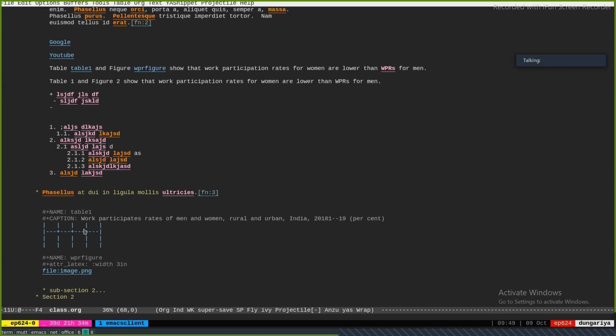What LaTeX does is it uses an algorithm to optimize placement of tables and figures subject to the following rules: that any table should preferably appear on the same page where it's first referred to, or as soon as possible after that. Okay. Now that's the basic rule.